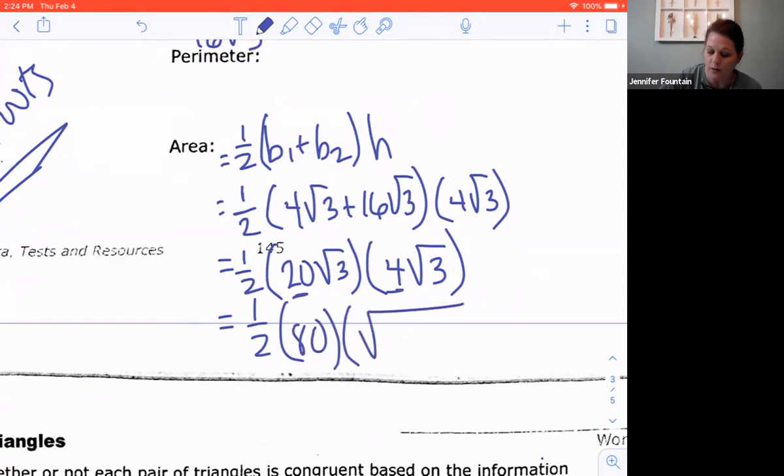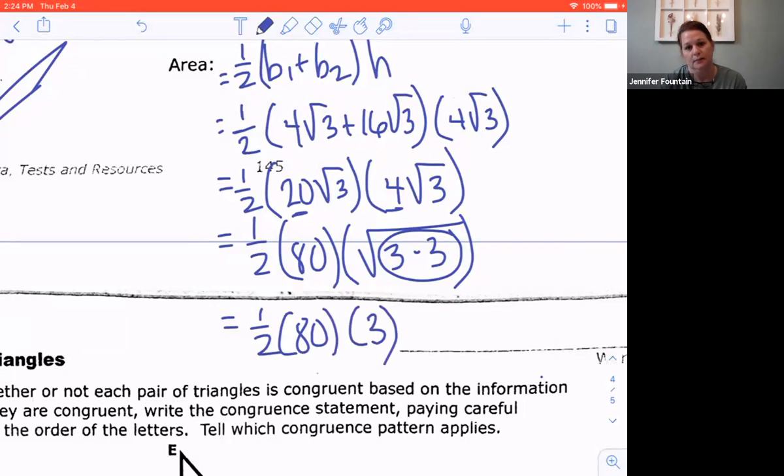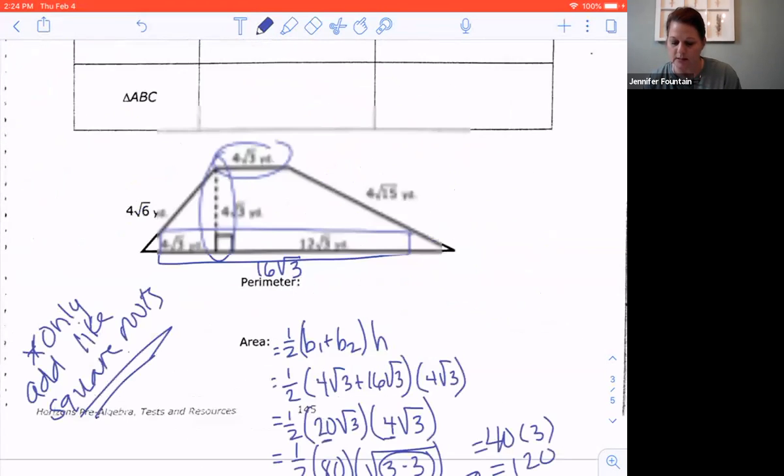And then I've got the square root of 3 times the square root of 3. So think about if I've got the square root of 3 times the square root of 3, those are my buddies that can come out, and they can come out as a whole number 3. So I've got 1/2 times 80 times 3. I'm going to bring this up here now. So now I've got half of 80 is 40 times 3. That's going to be 120, and our unit of measurement is yards